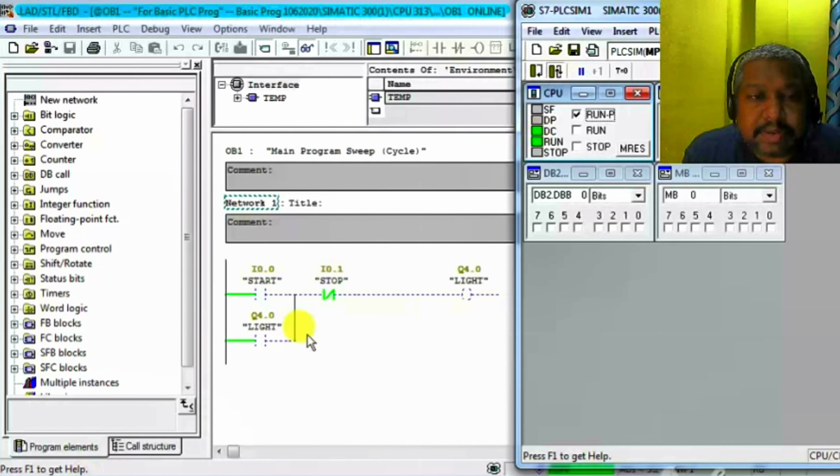Look at guys, DC is green and run is green, not any red. SF, DP, DC and stop are not red, run is green, click on run, and this is the program window.